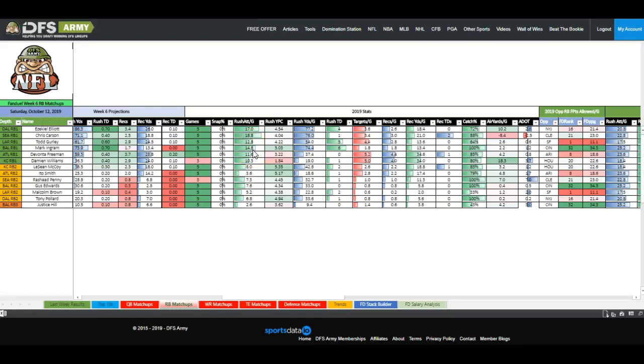I might be looking up to an Ezekiel Elliott. I might look for another road type of dog or a Chris Carson or something, and then might pass on Ingram in cash, but he might make for a fine GPP play. Maybe even something a little bit risky, but not too risky, in like a hybrid type of situation. If I was building a hybrid lineup and taking my risk with a Mark Ingram type, I would make sure that my other two running backs are ultra secure, because I don't want to take too much risk. I don't mind taking a little bit of risk in hybrid spots for upside,